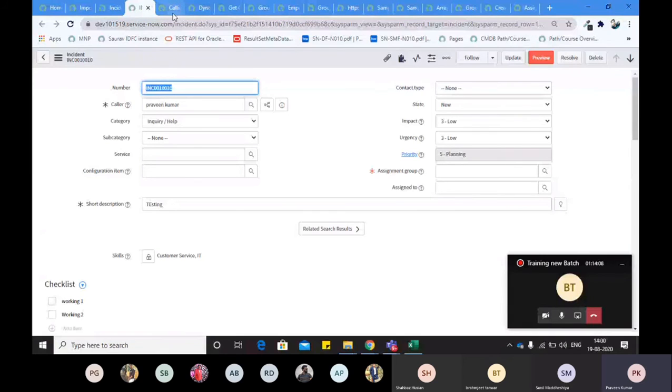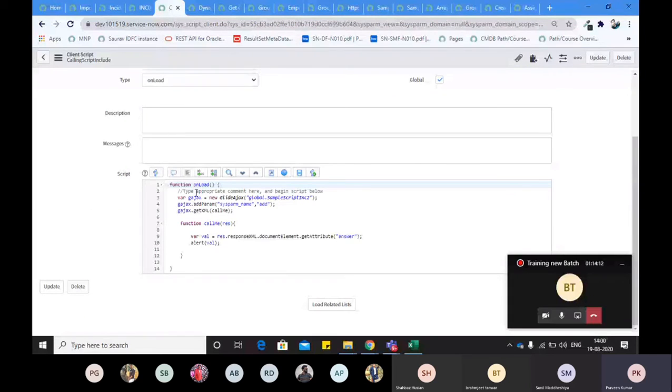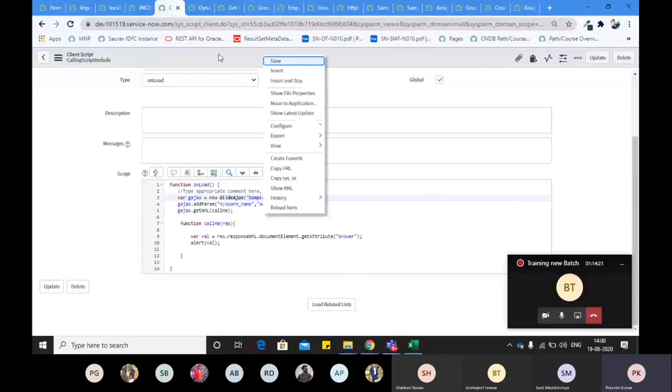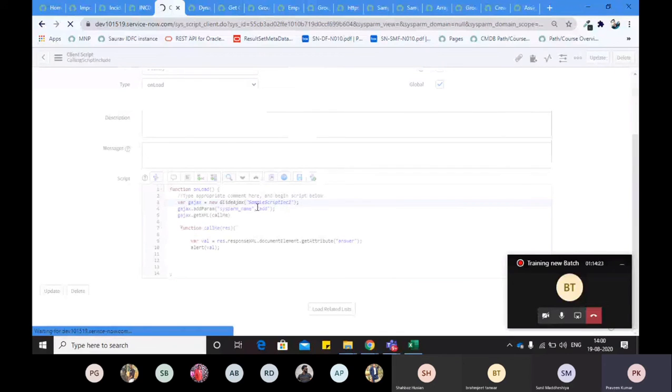So this way, what we do actually, we create a script include, right? You don't always need to do this, guys. I was just doing it as a debugging part, otherwise you don't require it. You will require it once you are working in a different application, then you have to append an application scope name as well.